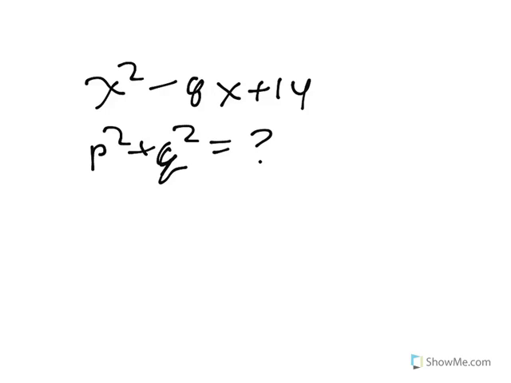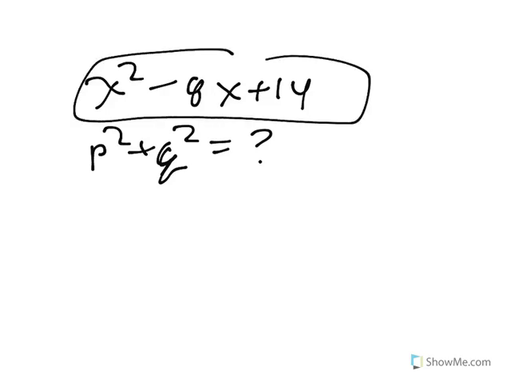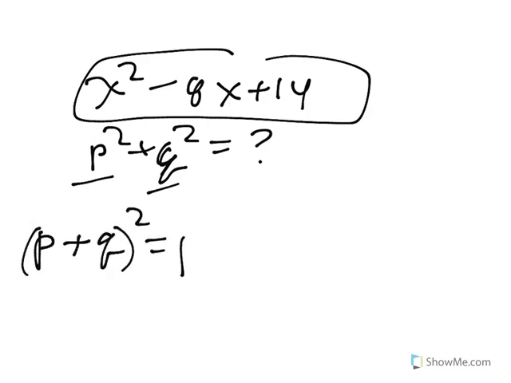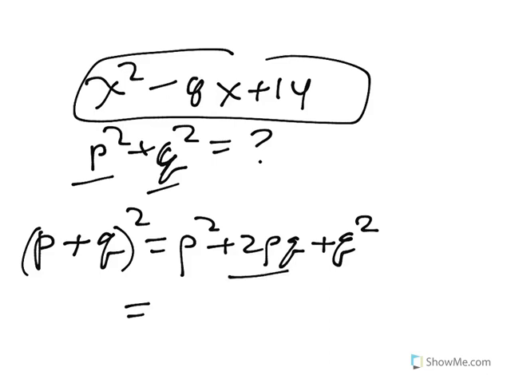Another thing we can get using the rules from the other lesson: here I have a quadratic equation. It has two roots called p and q, and I want to know the sum of the squares of the roots. And the trick is, we take p plus q and square it, we get p squared plus 2pq plus q squared. And then we could rearrange this